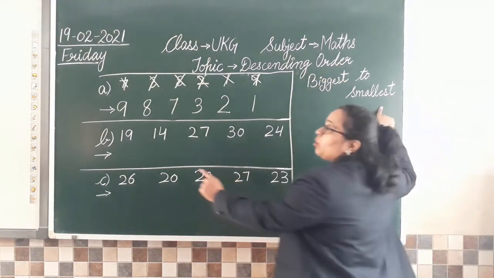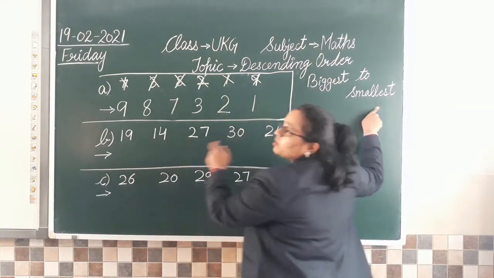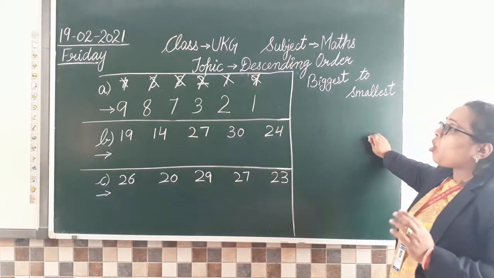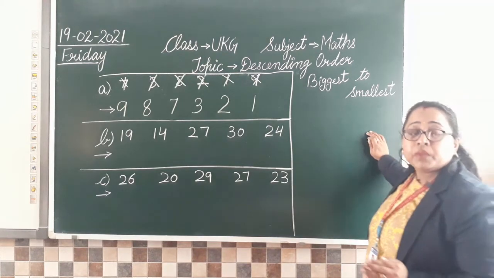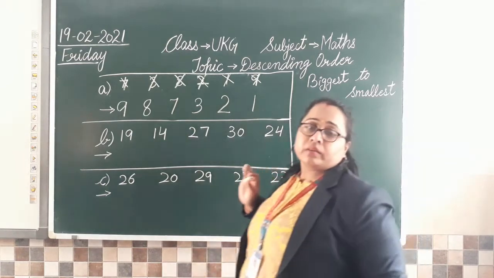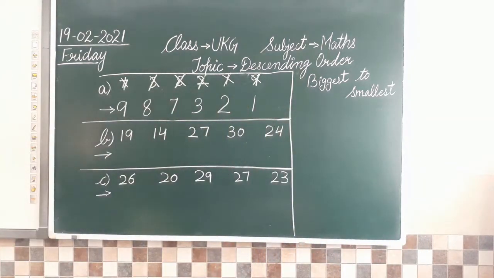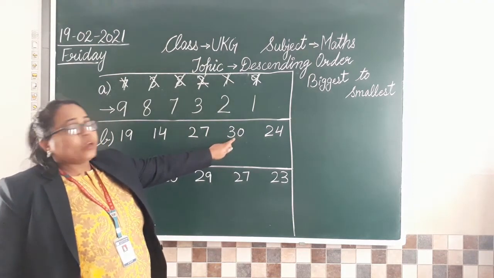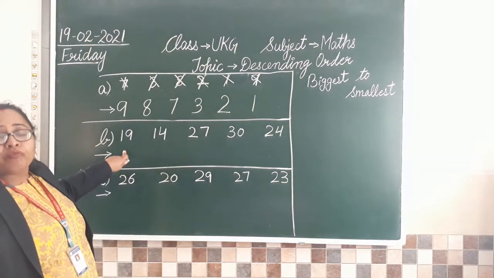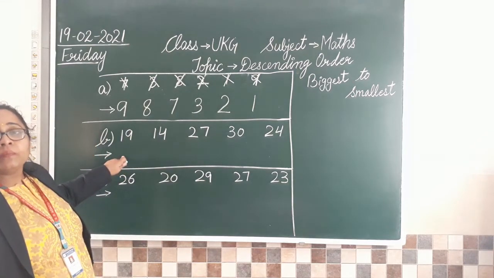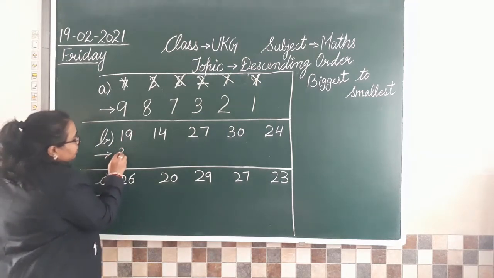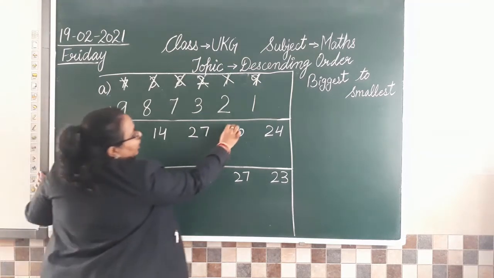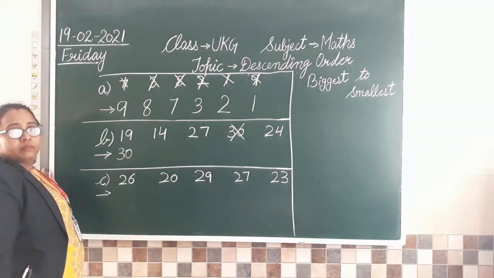तो which number you are going to write the first? सबसे पहले कौन सा नंबर लिखेंगे? Just see all these numbers carefully and tell me which is the biggest number here. Tell me that now. Biggest of all. हाँ जी क्लास बताइए बेटा which is the biggest now? 30 is the biggest. So which number we are going to copy here? The first number that we will copy is 30. So we will write 30 and we'll cross it from here. Clear all?